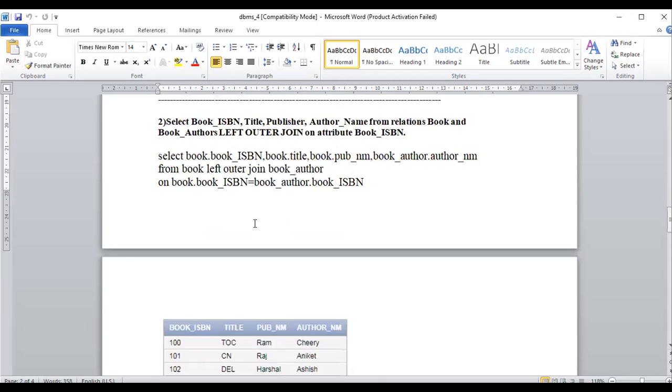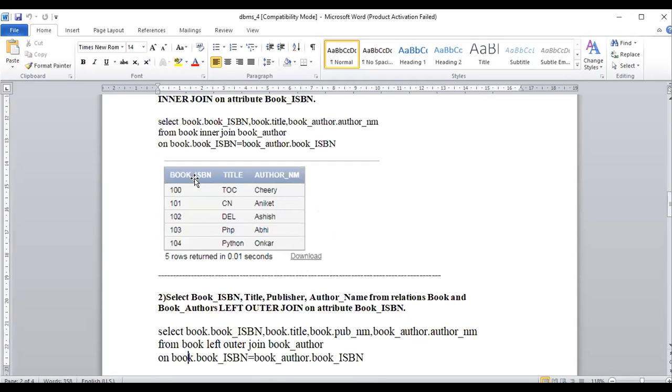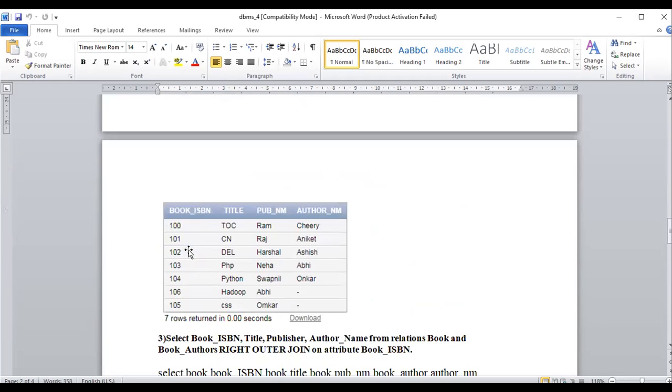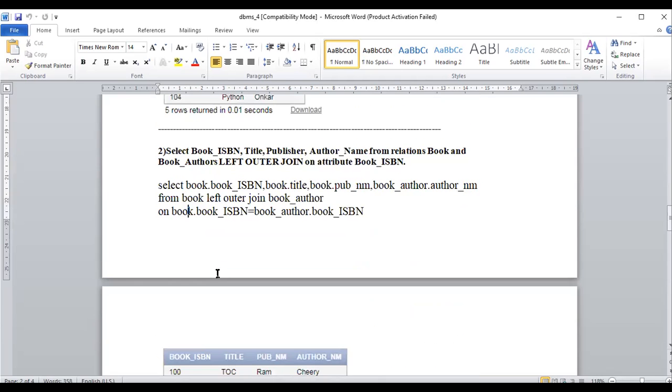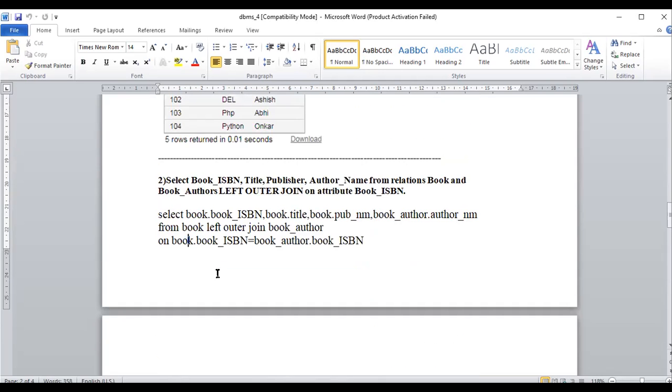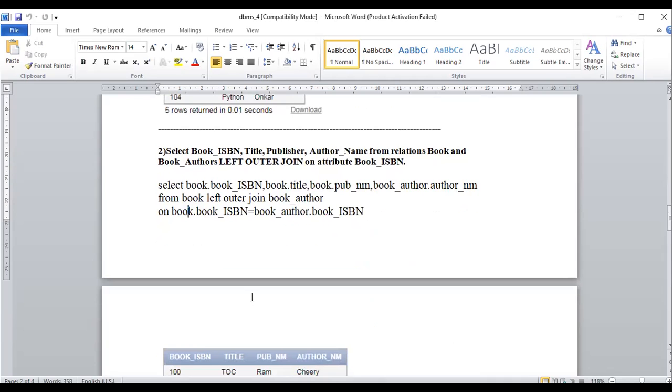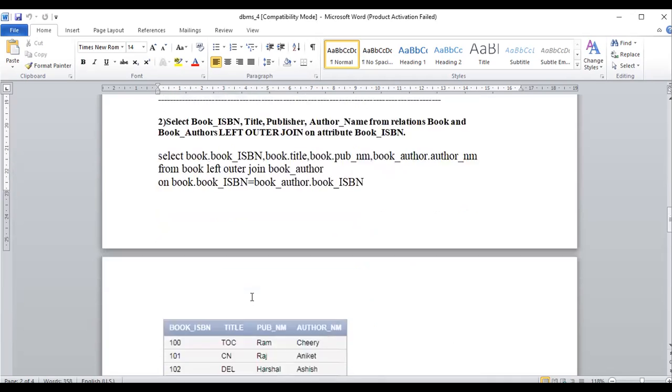So from the book table and book author table, the common ones are 100, 101, 102, 103 and 104. All these common ones get displayed, and 106 and 105, which are available in the left hand table but not in the right hand table, are also displayed. Okay, that is the left outer join operation.